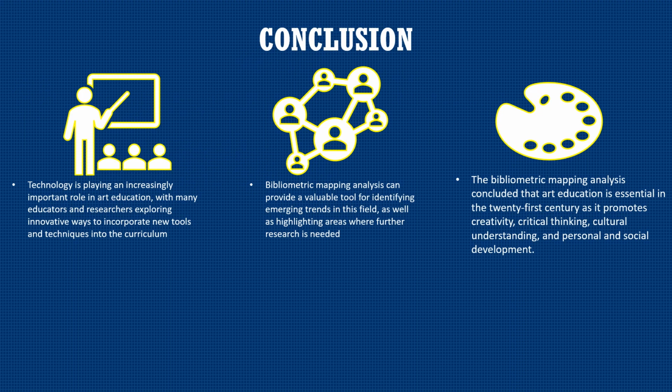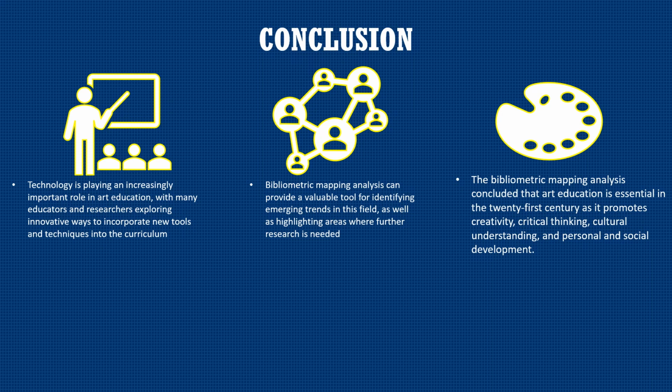Finally, the conclusion. Technology is playing an increasingly important role in art education, with many educators and researchers exploring innovative ways to incorporate new tools and techniques into the curriculum. Bibliometric mapping analysis can provide a valuable tool for identifying emerging trends in this field, as well as highlighting areas where further research is needed. Some of the key research questions that could be explored in future studies include the evolution of technology in art education, the most popular types of technology used in different regions and populations, the most effective research method for studying technology and art education, and the major challenges and barriers that must be addressed to ensure that technology is used